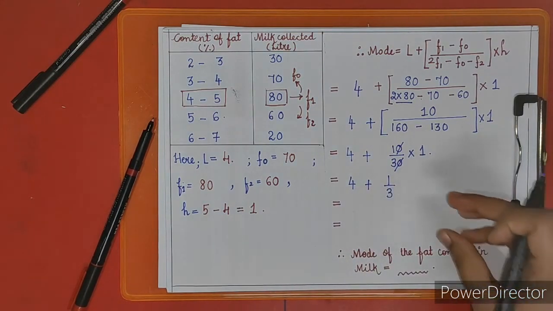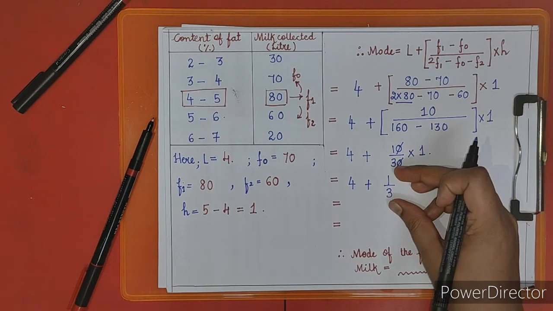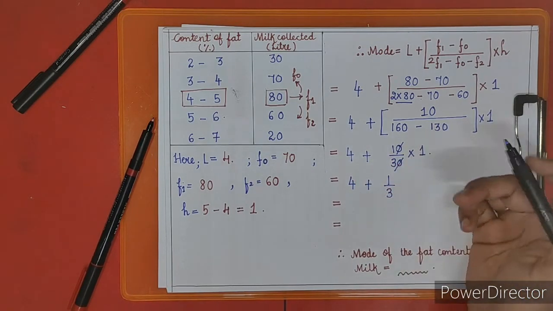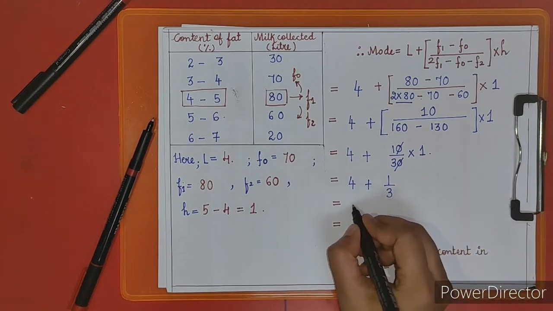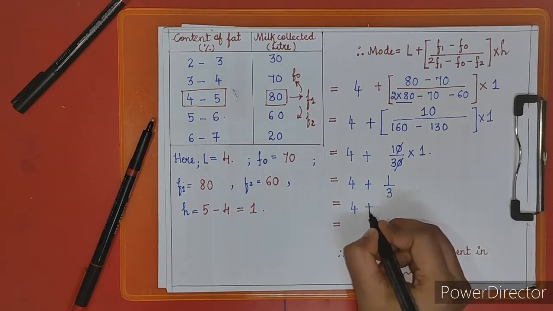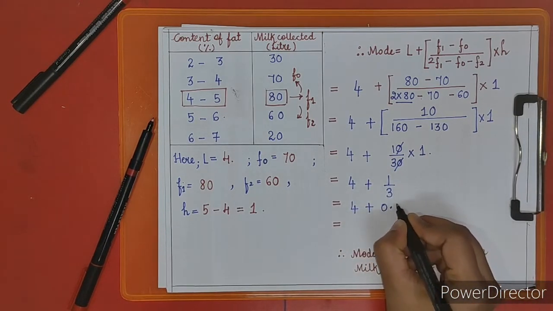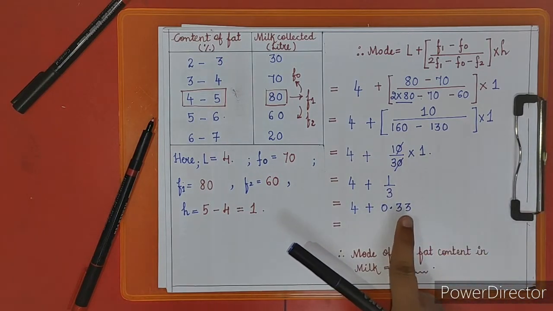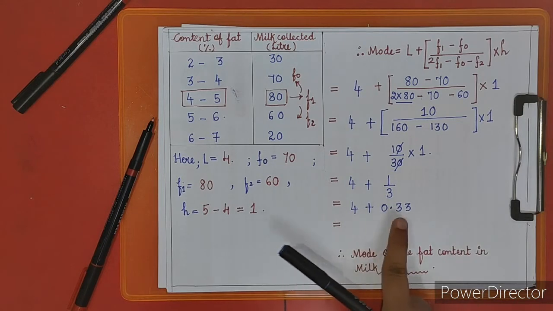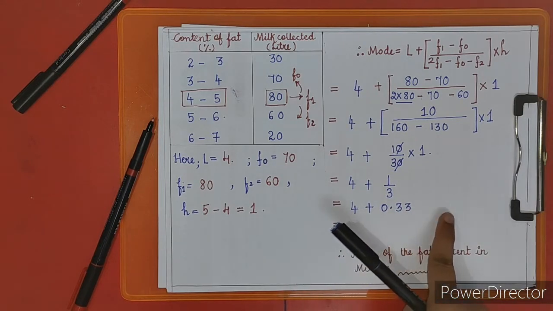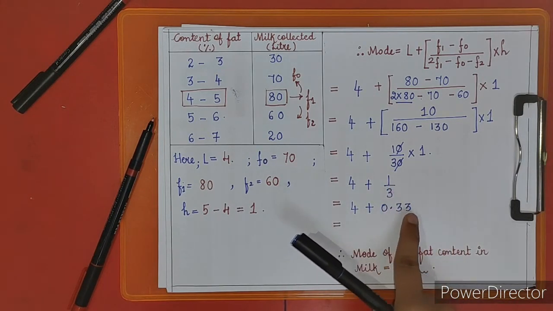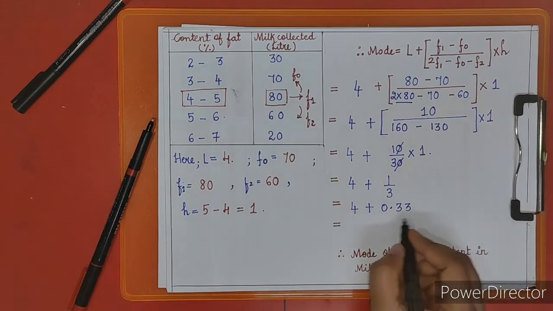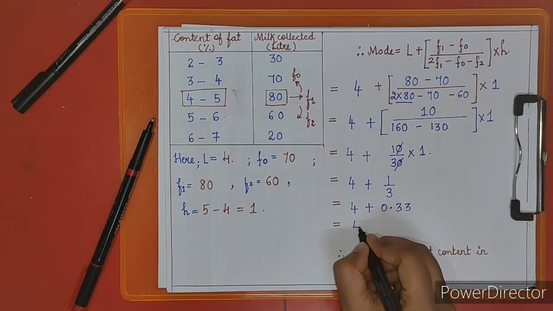So now what to do? We have to simplify the fraction 1 upon 3, and whatever simplified number we get, we have to add it to 4. So we'll divide 1 by 3. We'll get 0.33. We have to solve up to 2 decimal places only every time. If we solve it, it is a recurring number. When you do the division, you will see the number is recurring. So now add it to 4, it will give you